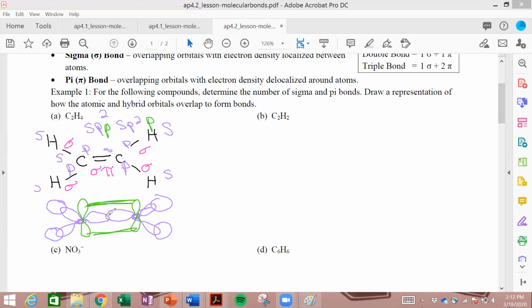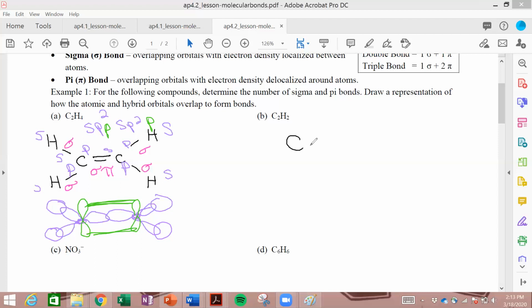So the sigma bond is this connection between the sp2 on both of the carbons. But that pi bond comes from that P that was not hybridized, and so it's connecting the electrons above and below the two carbon atoms. Right? If I go ahead and look at